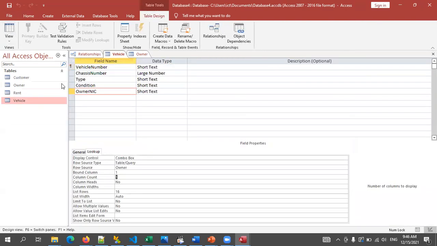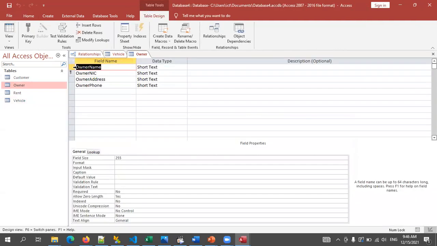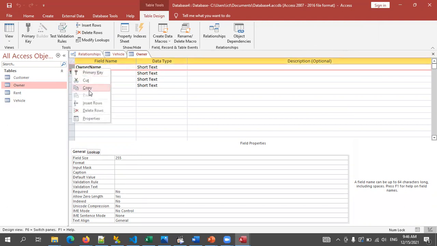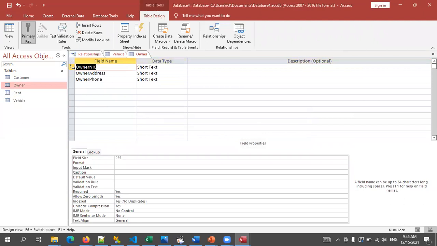Vehicle table, you have to move, in the owner table, you have to change these two. I'm going to delete the row and add a new row here.